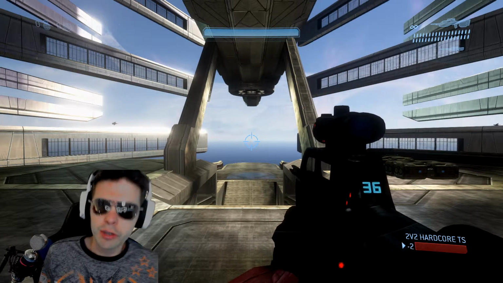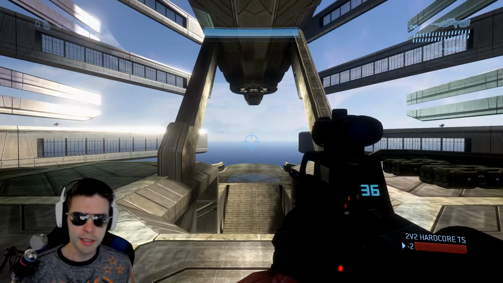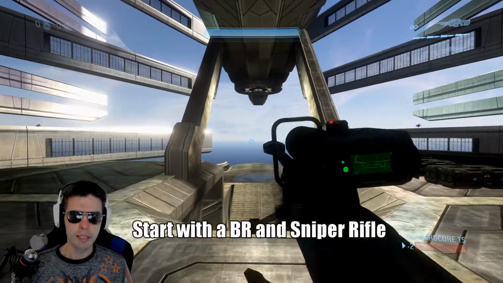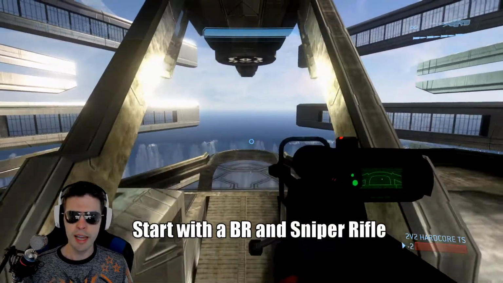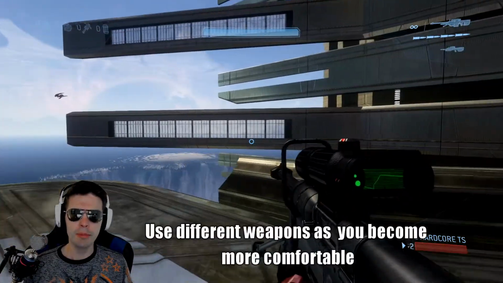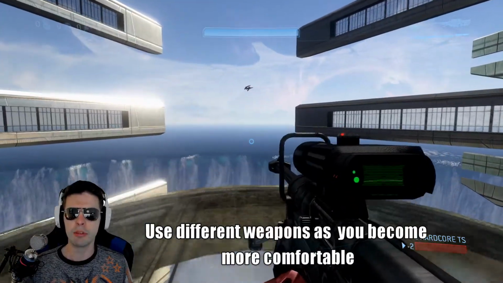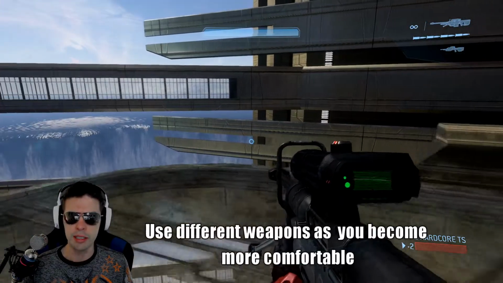Now, what we're doing here is loading up a custom game on Construct, and we set the Slayer settings to start ourselves with a BR, as well as a secondary as a sniper rifle. We're here towards the end of where it drops off into the big waterfall. Also, make sure you turn the time to unlimited, or you can set a certain time if you want to time yourself for how long you've been practicing,